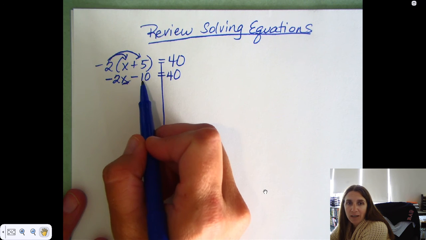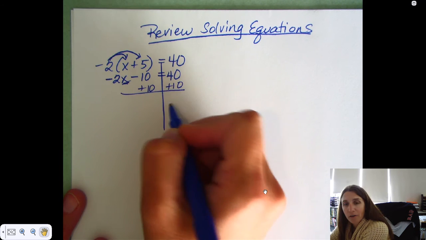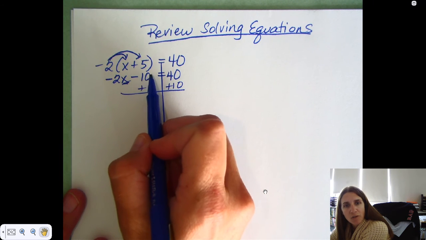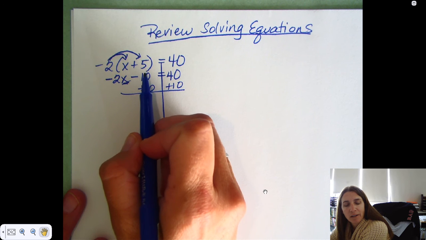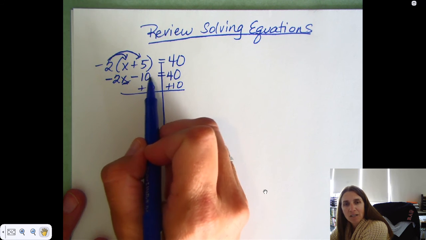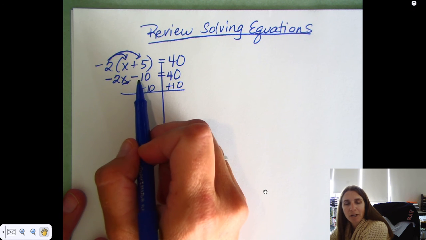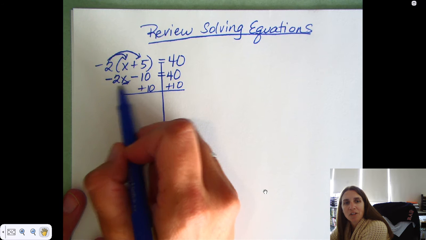I'm going to move this negative 10. So I do the opposite. I add 10. And what I do to one side, I do the other. Notice that Mrs. Brown just called this a negative 10. And you might have said, well, that's a subtract 10. A negative 10 is a subtract 10. Just pause for a minute to let you think about that. Okay, let's bring down negative 2x